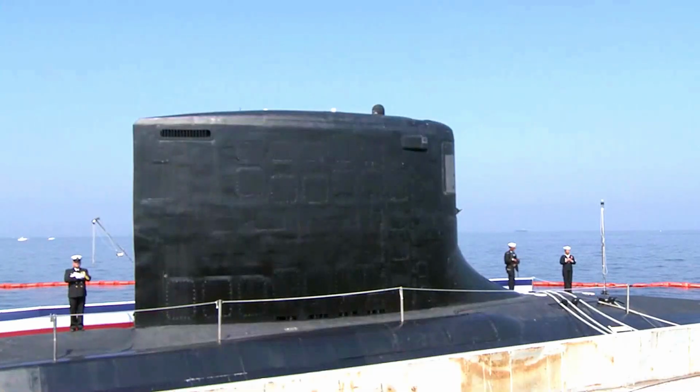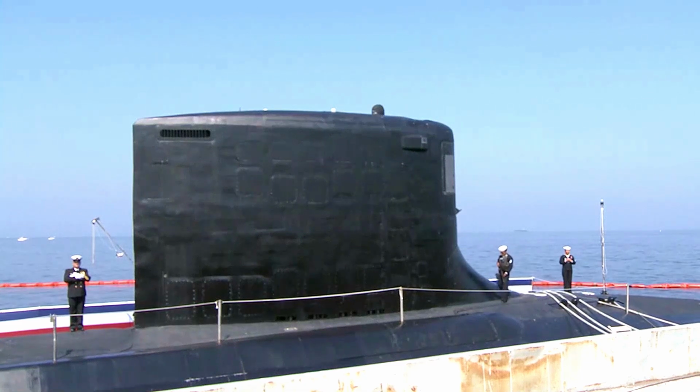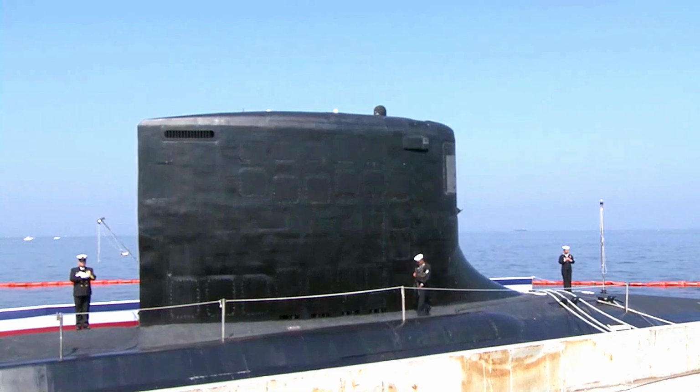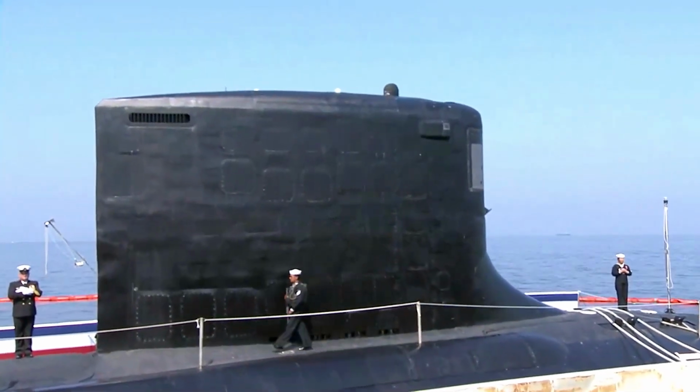Construction began on the submarine you see behind me in March 2019 and was christened November 13, 2021 at Newport News Shipbuilding in Newport News, Virginia. Today, New Jersey is tested and battle ready, and we are all very proud to serve on the newest attack